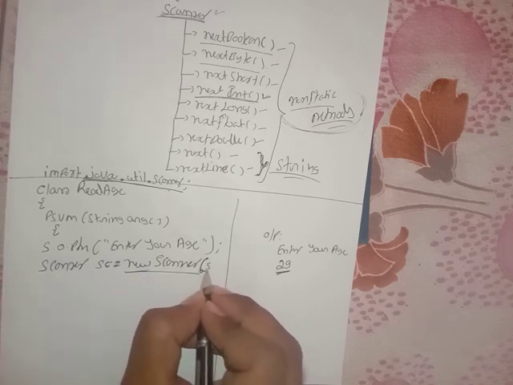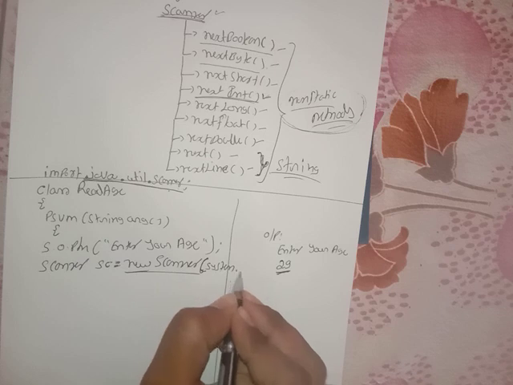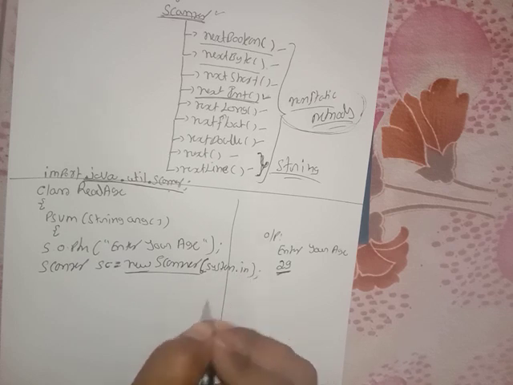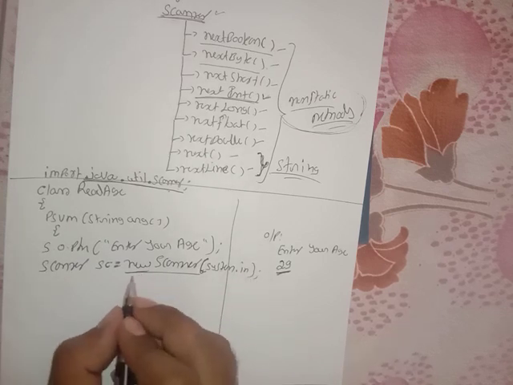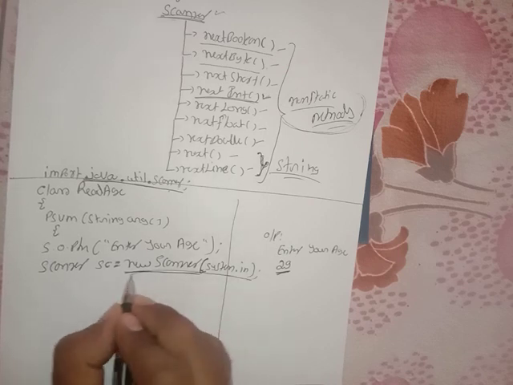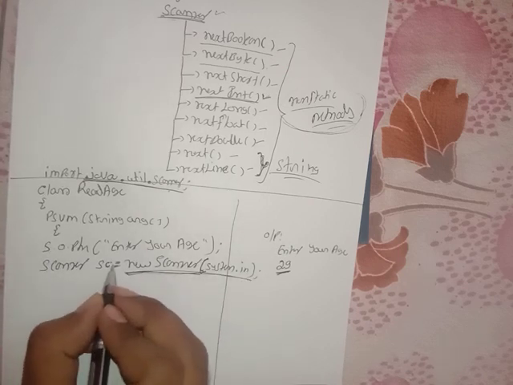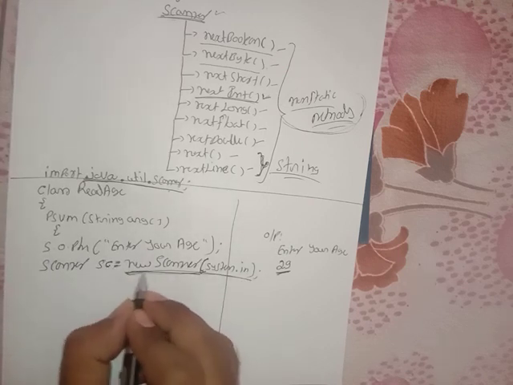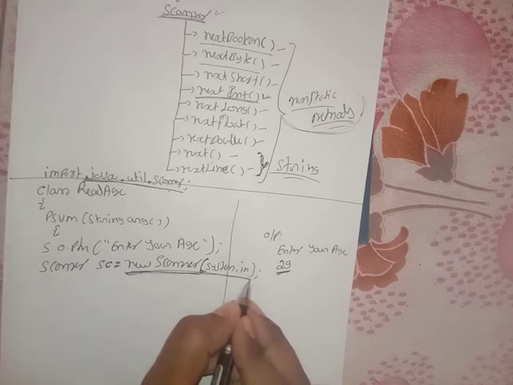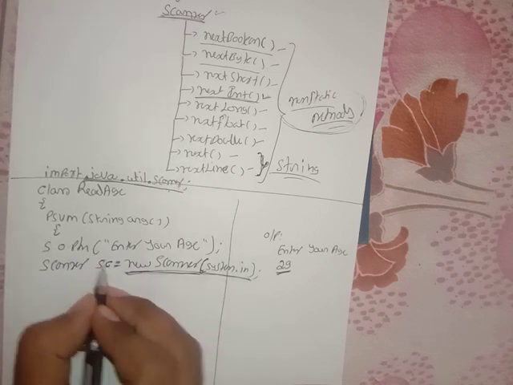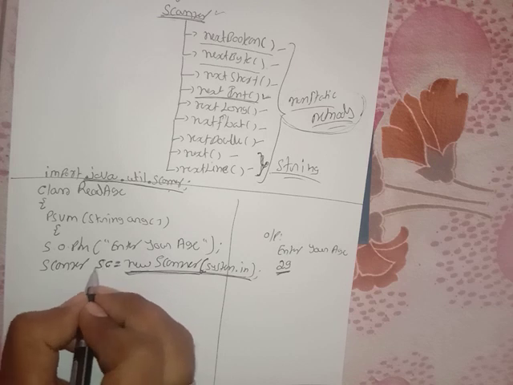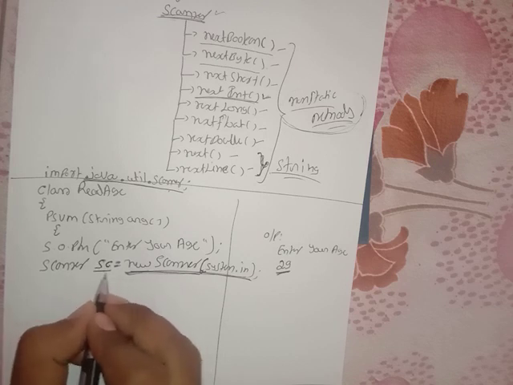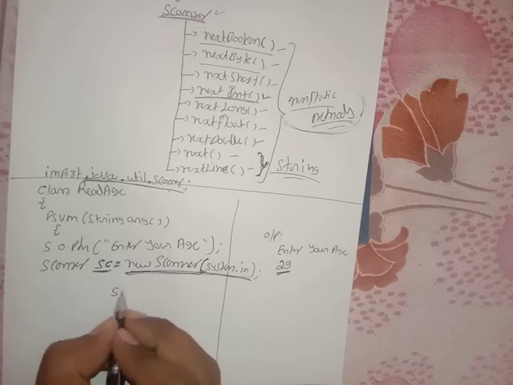I want to take the input from the user. That is the reason I am giving System.in. Like this we have to create an object of the Scanner class: Scanner sc = new Scanner(System.in). Okay, now this is the object, this is the reference. What is the reference name I have given here? sc I have given. Through this reference we can call the method. By using this sc we can call the method.